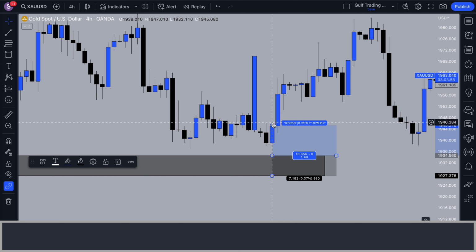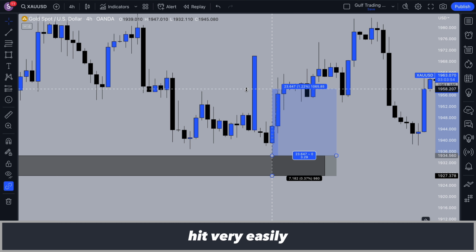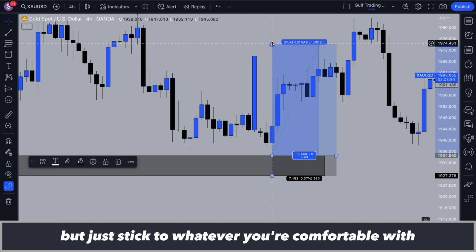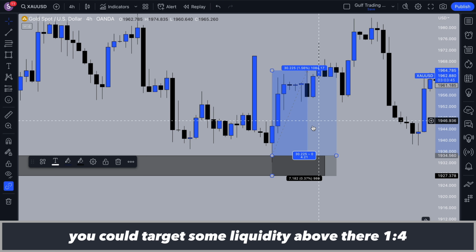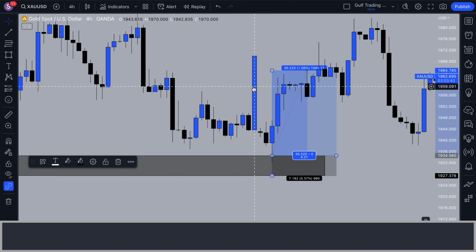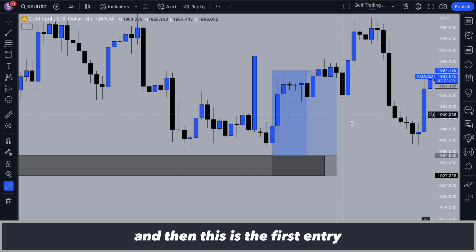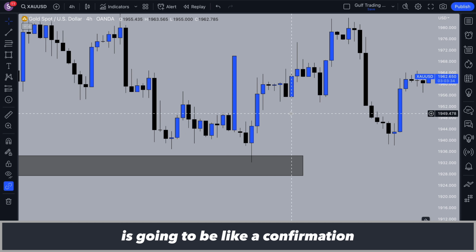loss there, and you can target 1 to 3, hit very easily, or there's this supply zone up here, you can target there, 1 to 5, but just stick to whatever you're comfortable with. You can target some liquidity above there, 1 to 4, whatever you want to target. That's up to you. The strategy is mainly just for showing you how to get entries. And then this is the first entry, and the second entry, as I mentioned, is going to be like a